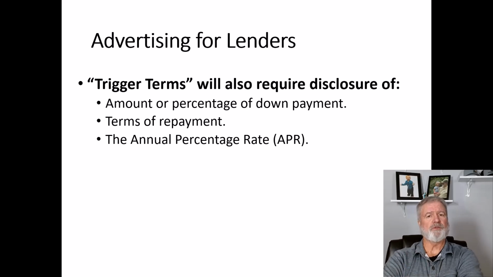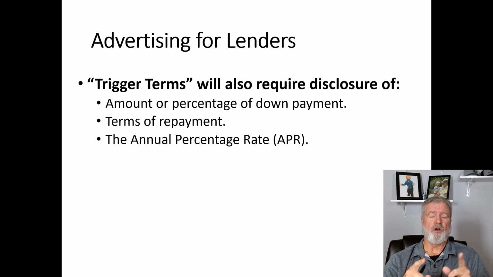They only want to stick with the interest rate because they really don't want to get into all the other costs associated with the loan. So if there's much difference between whatever interest rate you're getting and the APR, y'all, that means they are eating you up in cost. So I would try to find the loan or the lender that's going to give me a loan where my APR is pretty close to the interest rate. It has to be at least the amount of the interest rate, but it's typically going to be a little over. But it shouldn't be a whole lot more. But anyway, that's how you should be comparing these loans.